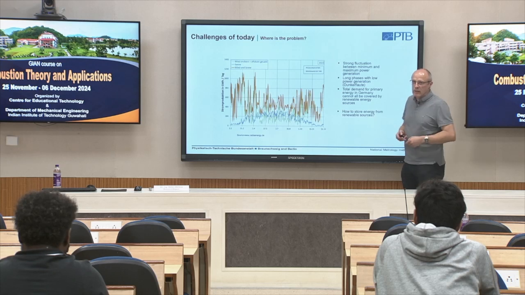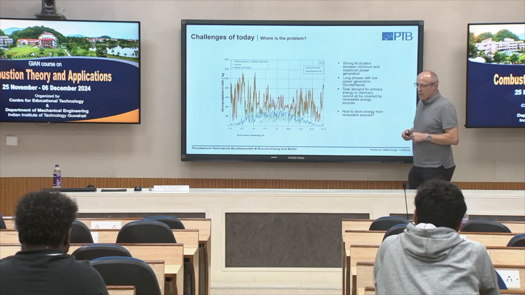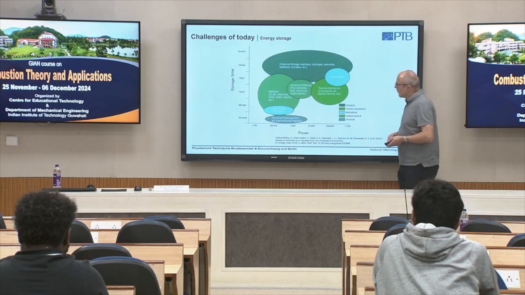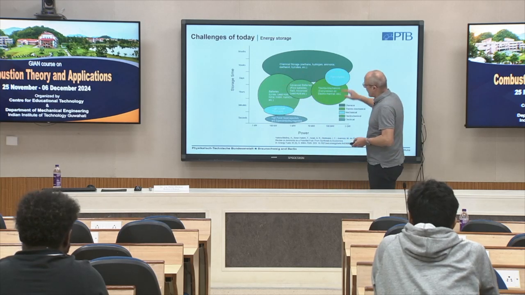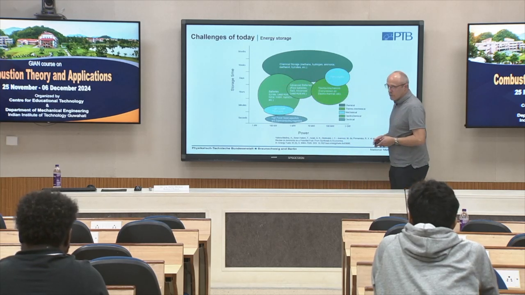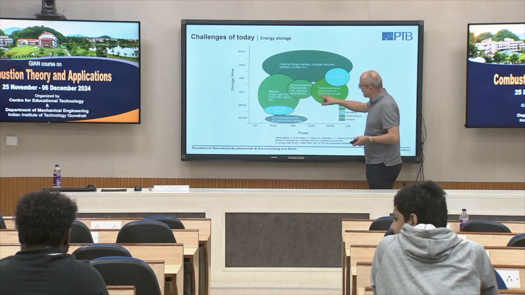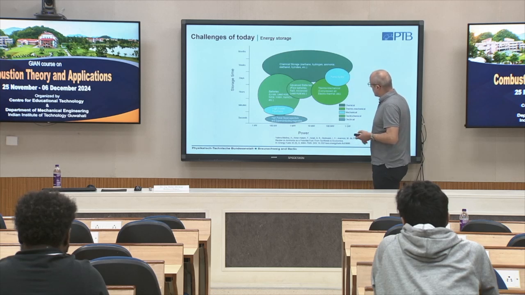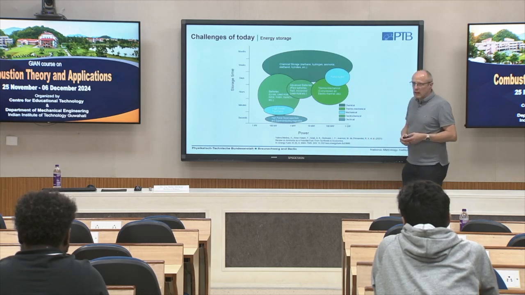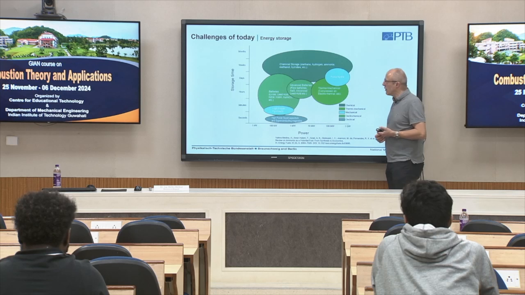So we have seen yesterday this storage with compressed air. That's one possibility, of course. So we can compare here different systems. So I'm surprised that your compressed air system is not here. Maybe you can afterwards explain me where we can find it. But here we have, for example, pump hydro. So there we can store large energy quantities for a quite long time.